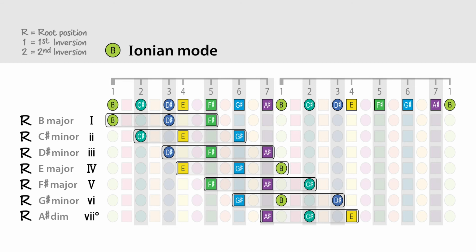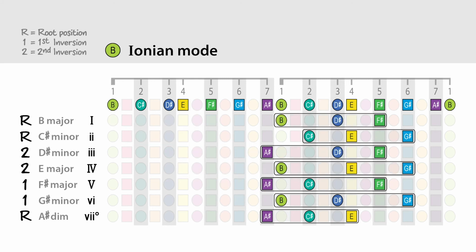And as you go from top to bottom, you can play the B major chord, major 1, C sharp minor chord, minor 2, and so on, where each chord is just formed by playing every other note of the B Ionian mode. Here, each chord is just displayed in root position. This next diagram shows all of the same chords, but with B major, the major 1, in root position, and then the inversion formula along the left there, that shows how you can shift between chords more easily